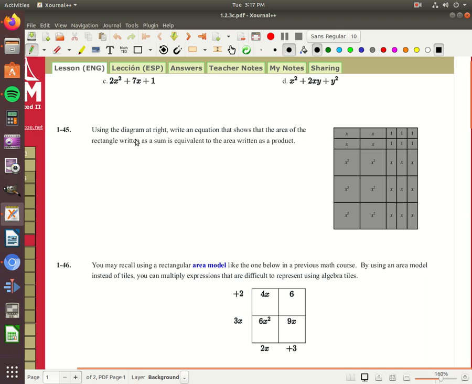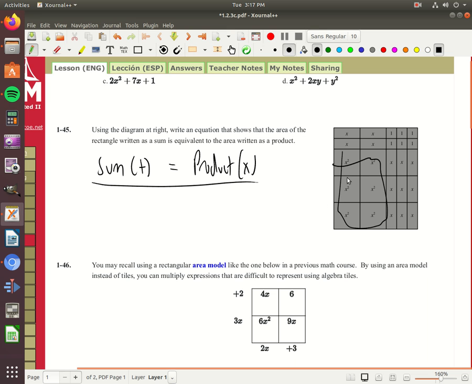It says using the diagram, write the equation that shows the area of the rectangle written as a sum and as a product. Well, again, the sum just means add, so we can literally just look at that, and the product means multiply, so we'll figure out what the sides are. But the sum should be pretty easy. Here I have 6x squareds